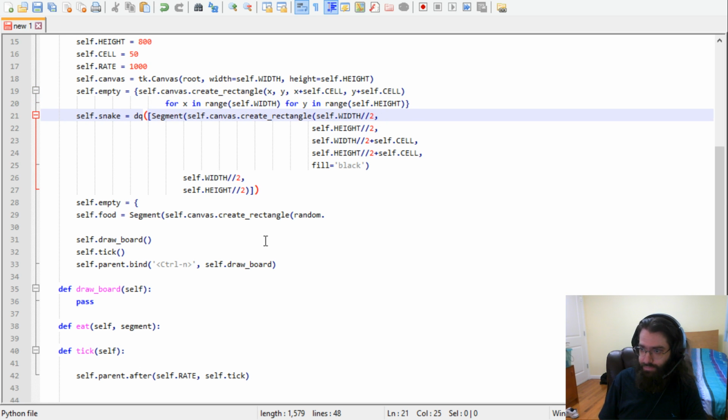Maybe it should be segments? No. It's just going to be squares on the canvas that are available. And we're going to have a segment of